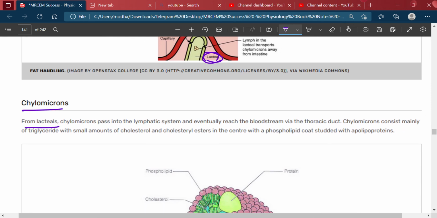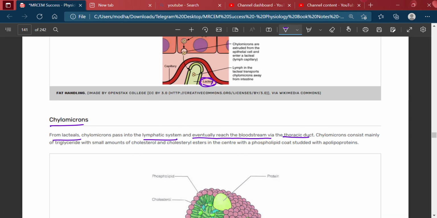From lacteals, chylomicrons pass into the lymphatic system and eventually reach the bloodstream via the thoracic duct. Chylomicron consists mainly of triglyceride with small amounts of cholesterol and